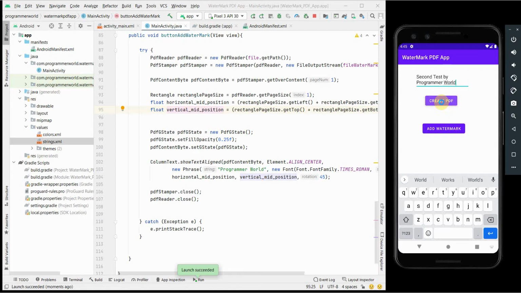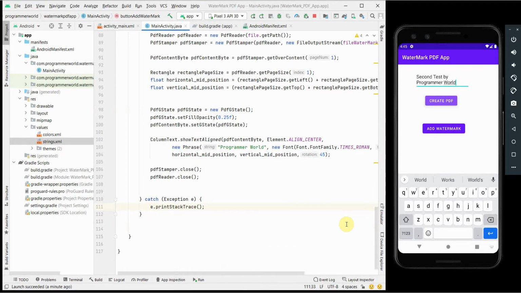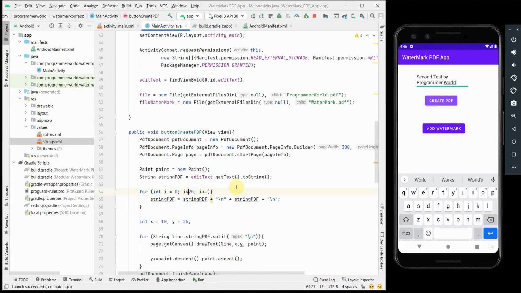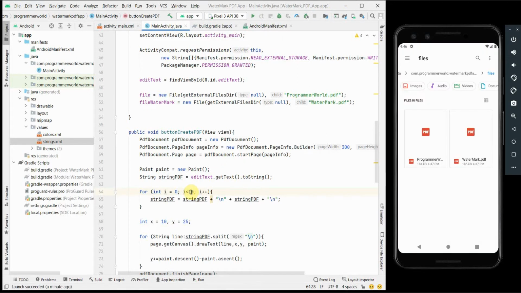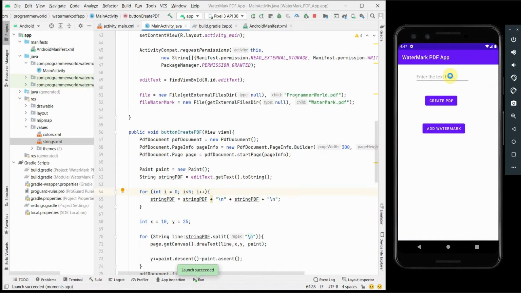I click on create PDF. I assume the PDF is created correctly, and now I click on add watermark. It's taking a while to complete the process. It seems like it's taking a pretty long time. So what I think is that what we have done over here is for 20 times, which is a bit long. So just for simplicity, I'm changing it to 10, or even a smaller number like 5, and then run my app, because I just wanted to repeat a few texts, nothing more. I don't want to waste too much time here.